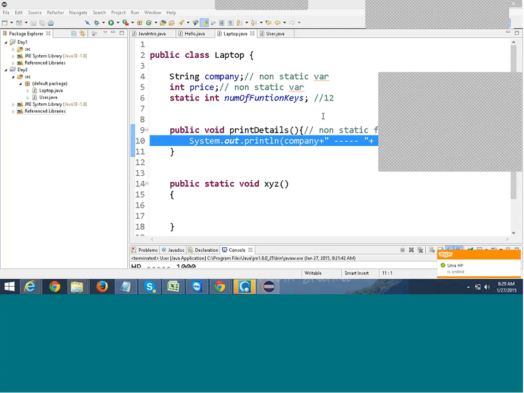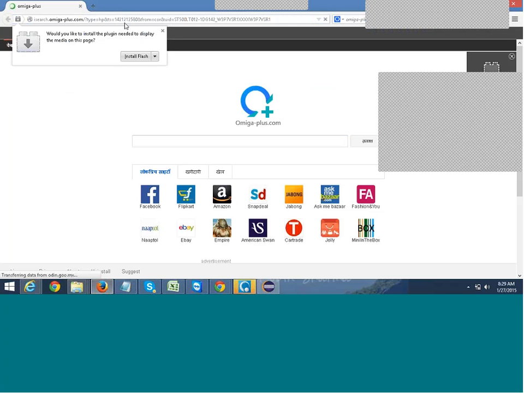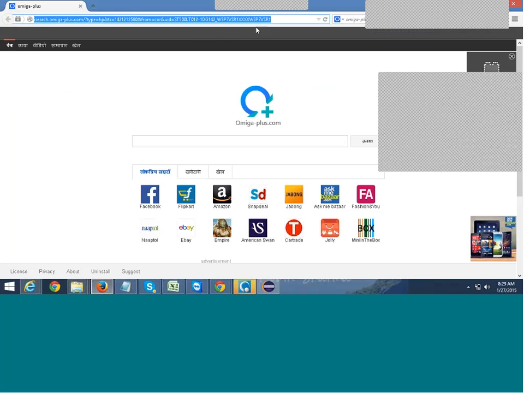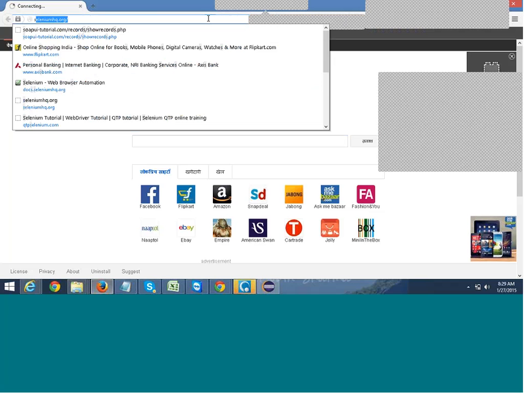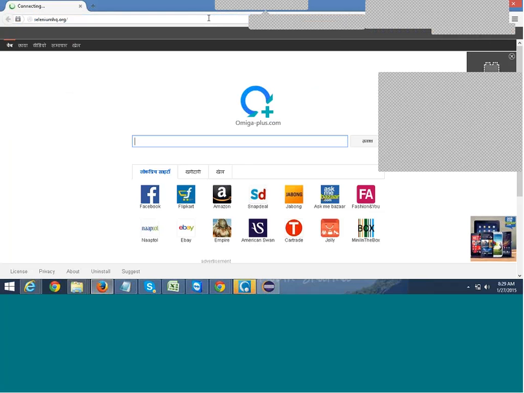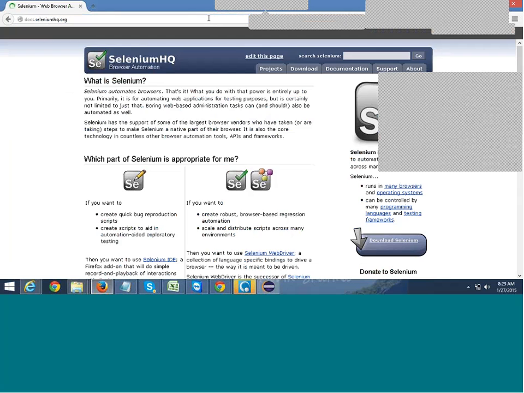Moreover, if you look at the documentation of Selenium, if you go to the website seleniumhq.org,